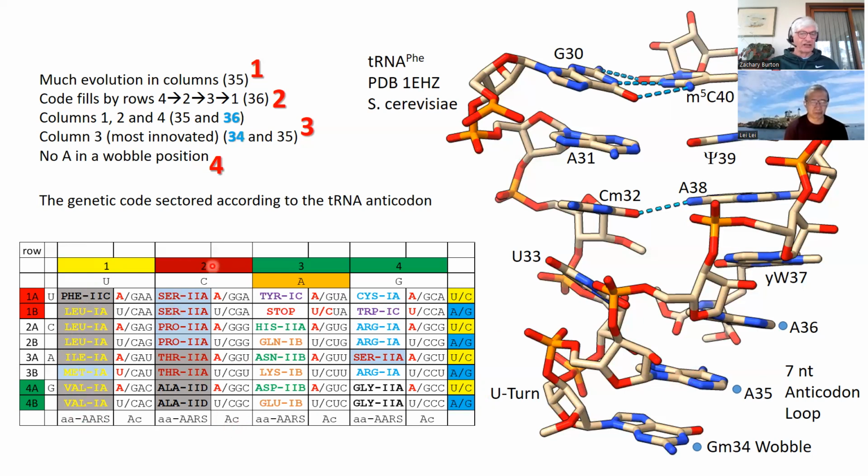And in column 2, same thing. These are all 2A enzymes. Serine and threonine are closely related amino acids. So that's lots of evolution in column 2. I'm going to say that alanine used to be a 2A enzyme, and then before LUCA changed to a 2D enzyme to prevent translation errors. So there used to be more evolution in columns than you see today.